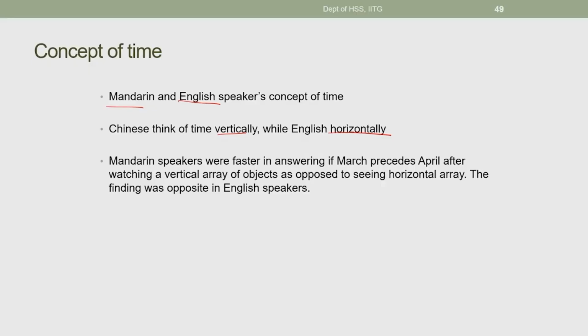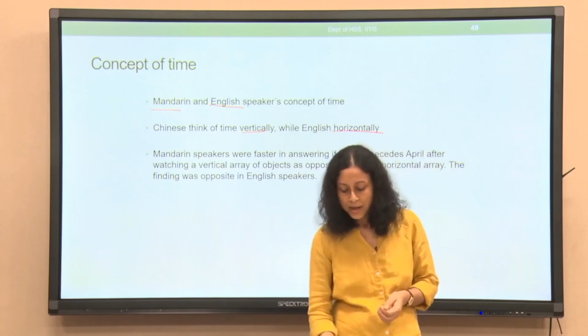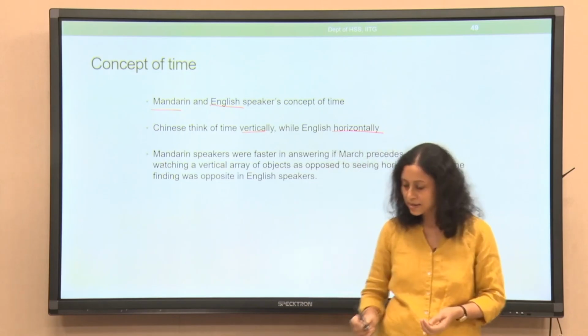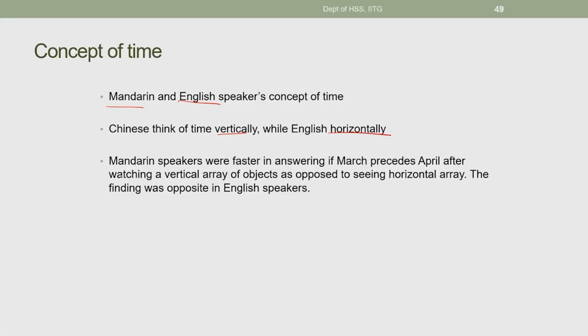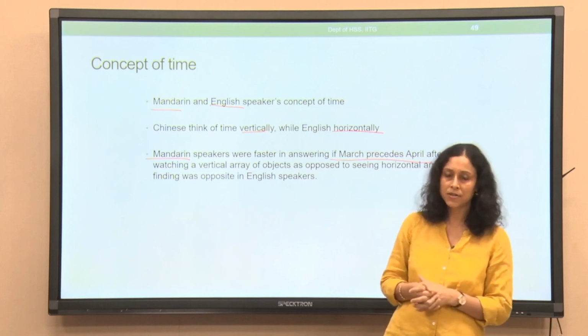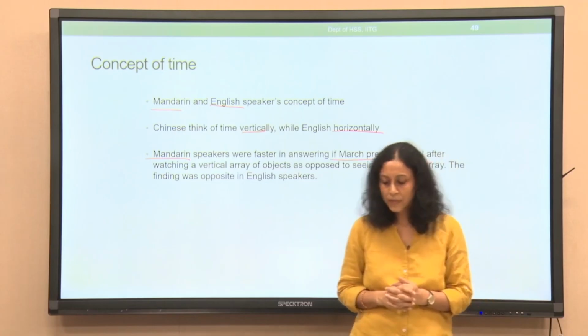Now, how do we know that the way script is arranged in a particular language has an impact on the way they think about time? By the way, most of these studies are correlational findings and not necessarily causation. This study was carried out on Mandarin speakers and the task was to answer if March precedes April. It is a simple task of answering a question if March comes before April or April comes after March. Now, the critical point here was they had another